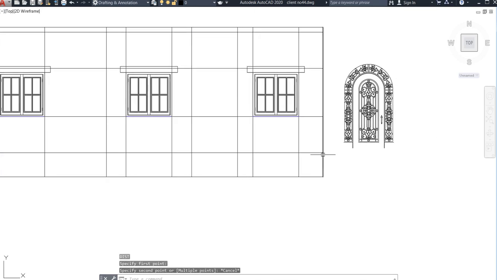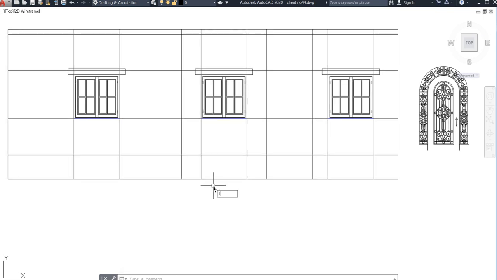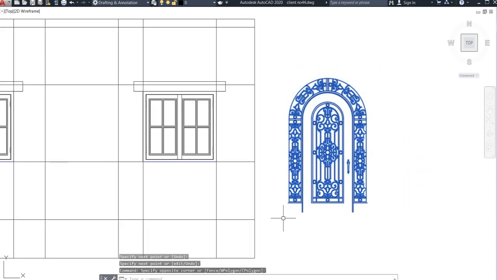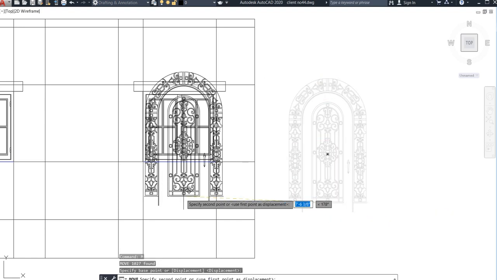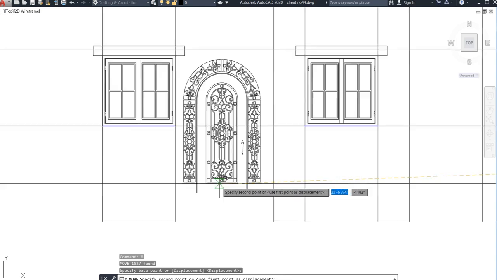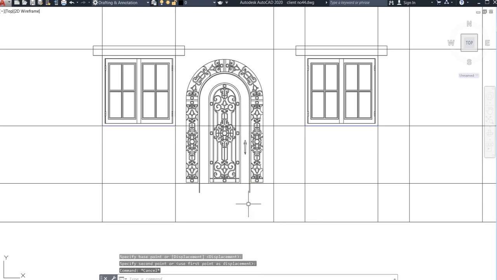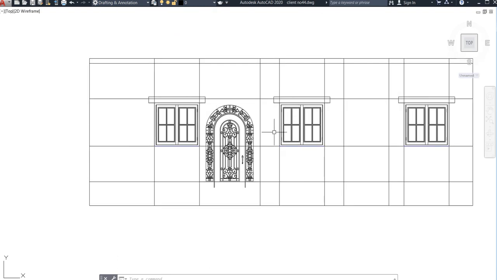So first of all, go for the line command and draw one line over here. I have drawn it. Now select this and go for the M command. Now select its center point. What is the center? See here the center. In the same way I have drawn the center here also. Both the centers should match. Is it matching? Yes, this is matching. So now almost the work of this has been completed, right?